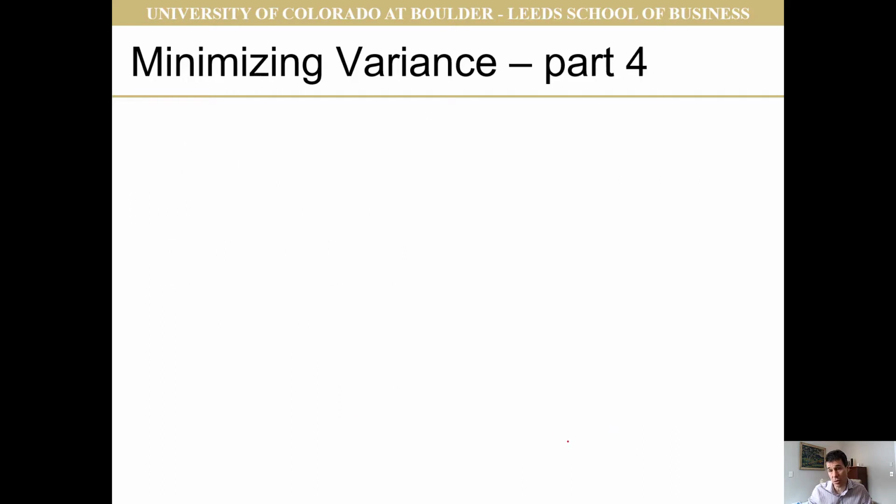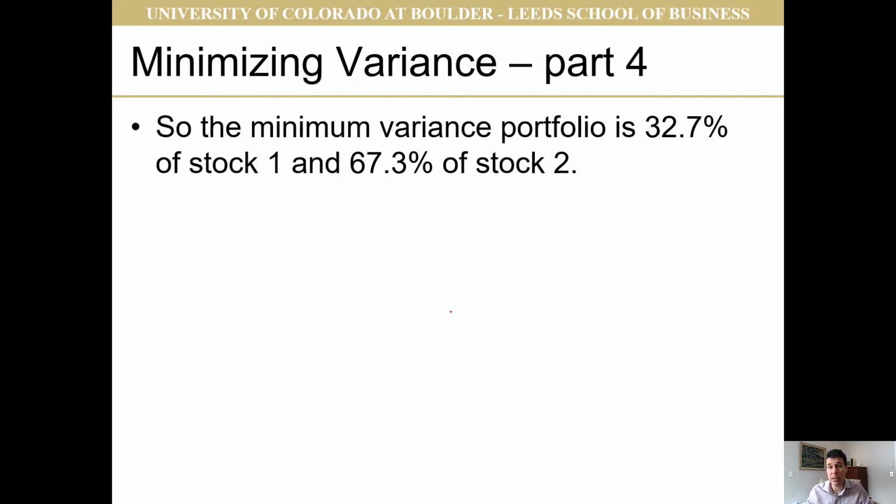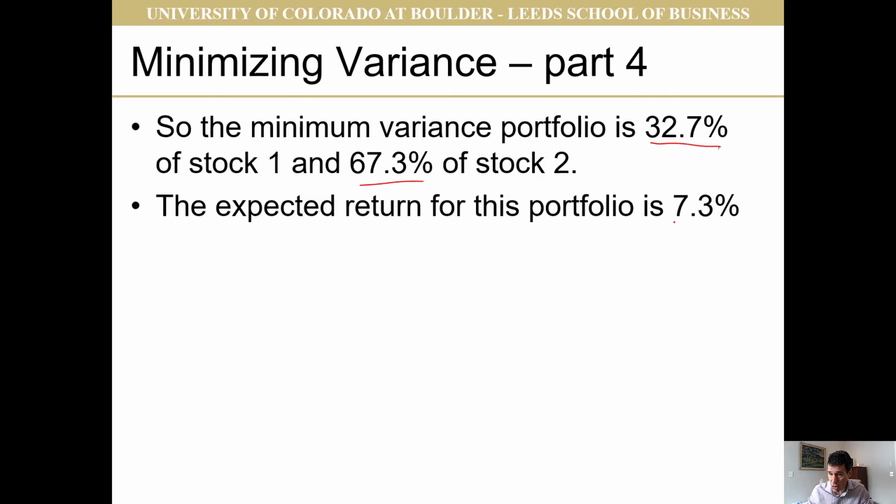That means W2 is 1 minus it. So the minimum variance portfolio is 32.7% of the first stock, 67.3% of the second stock. The expected return is return equals weight 1 times return 1 plus weight 2 times return 2. So that's